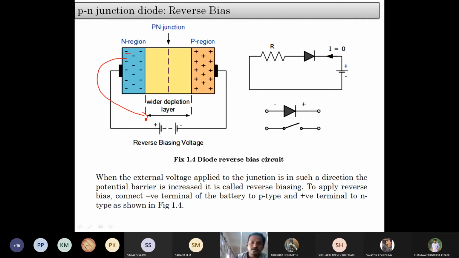Okay, so what about the holes which are majority in P region? Already obviously P is also connected to the negative terminal. So all these holes are already there in the destination. So ಇದನ್ನ increase ಮಾಡಿದ್ರೆ, negative voltage ನ increase ಮಾಡಿದ್ರೆ ಏನಾಗುತ್ತೆ? What is going to happen? All majority charge carriers, it may be in P region or it may be N region, they are already there in the destination. It means there is no movement of majority charge carriers.